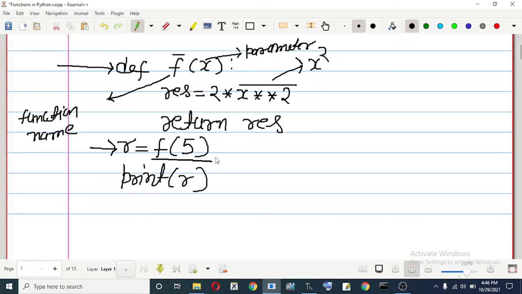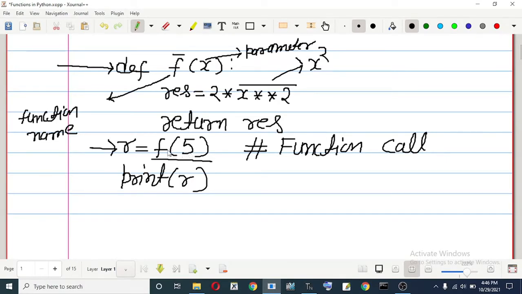This is called a function call, giving the name of the function and passing some arguments, providing the value 5.